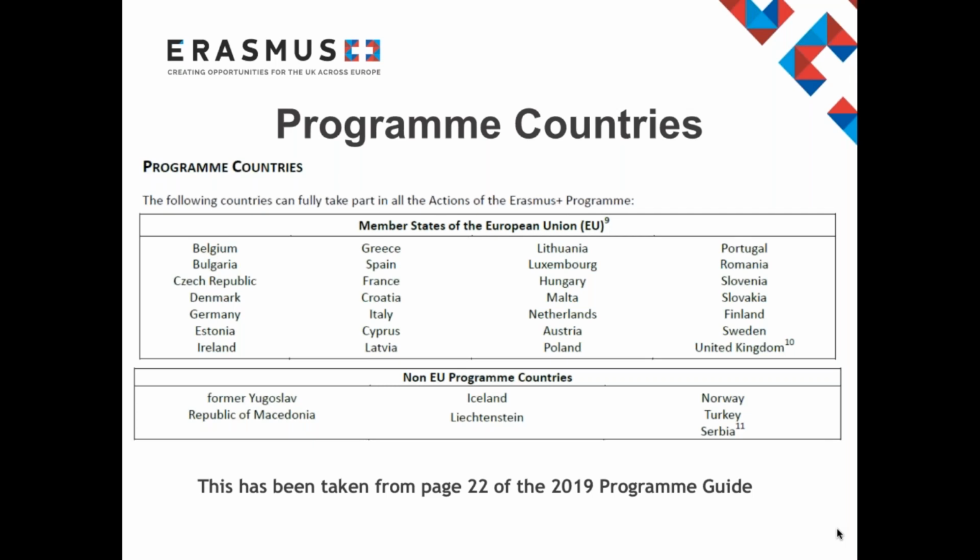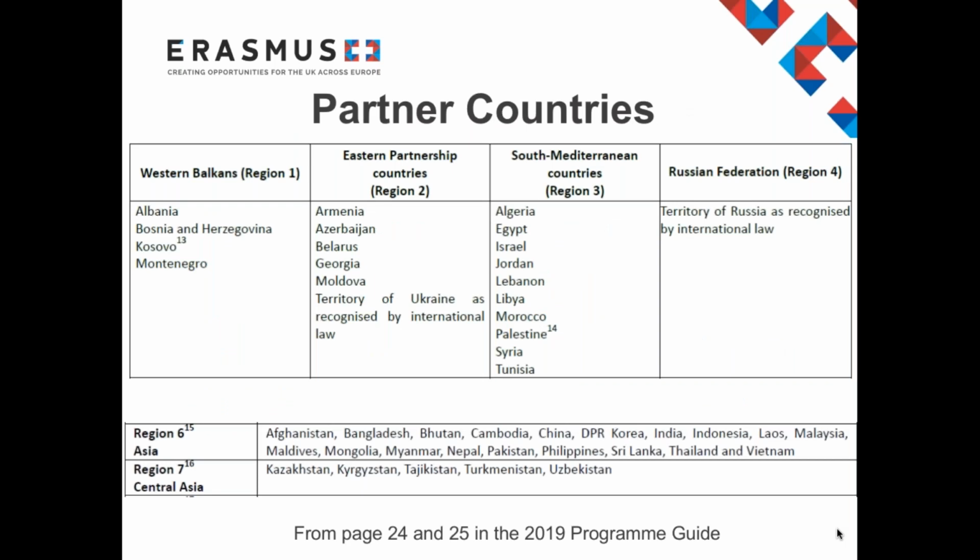Partner countries are countries outside Europe. They can't apply for funding as they have to be partners within a project. These countries do not have national agencies and don't need to hold the ECHE, but will be required to sign an international version of the interinstitutional agreement in order to take part. You can see here that the partner countries are split into different regions. Each region has different funding rules and budgets available, but we'll cover these in more detail later. Please note, Region 5 is not listed as it's not eligible under the 2019 call. Please note here that Region 12 is not listed.